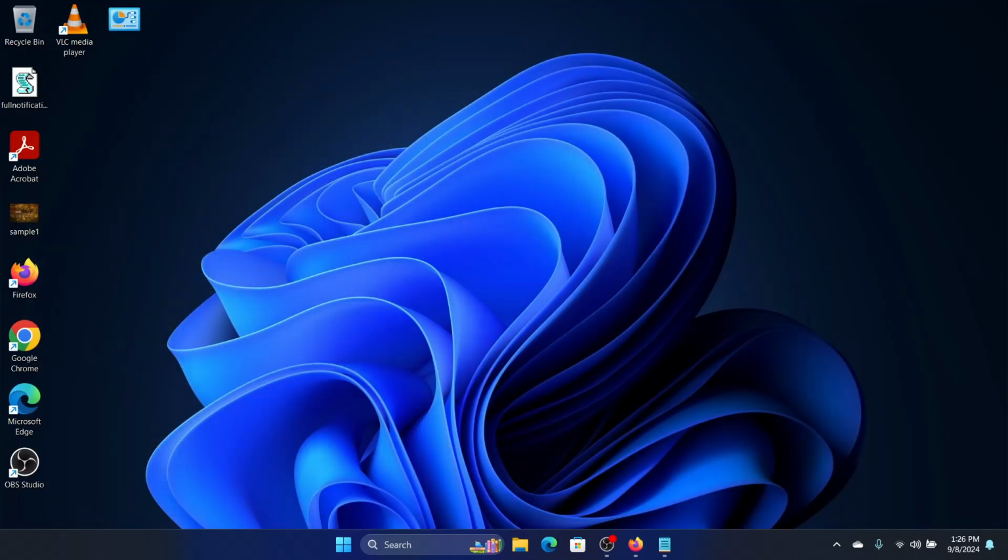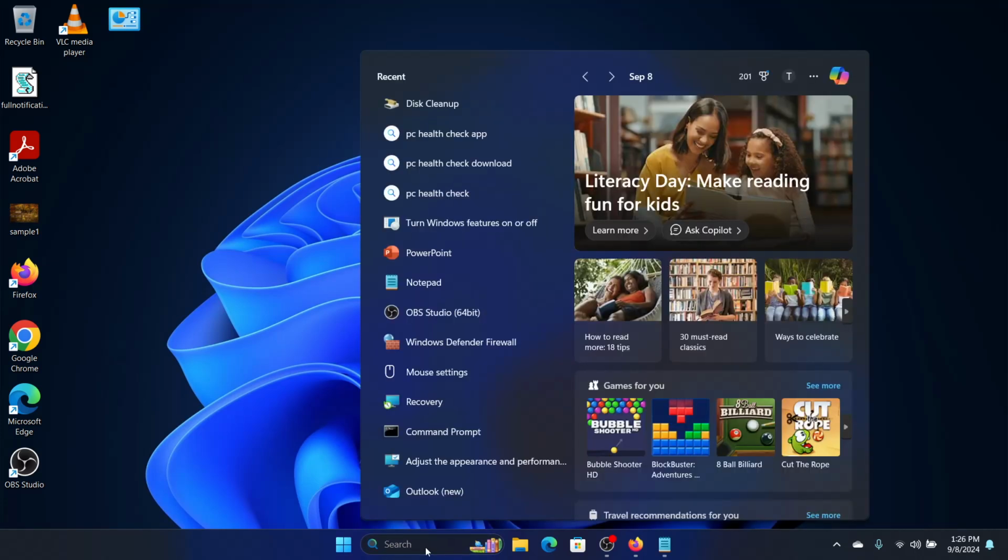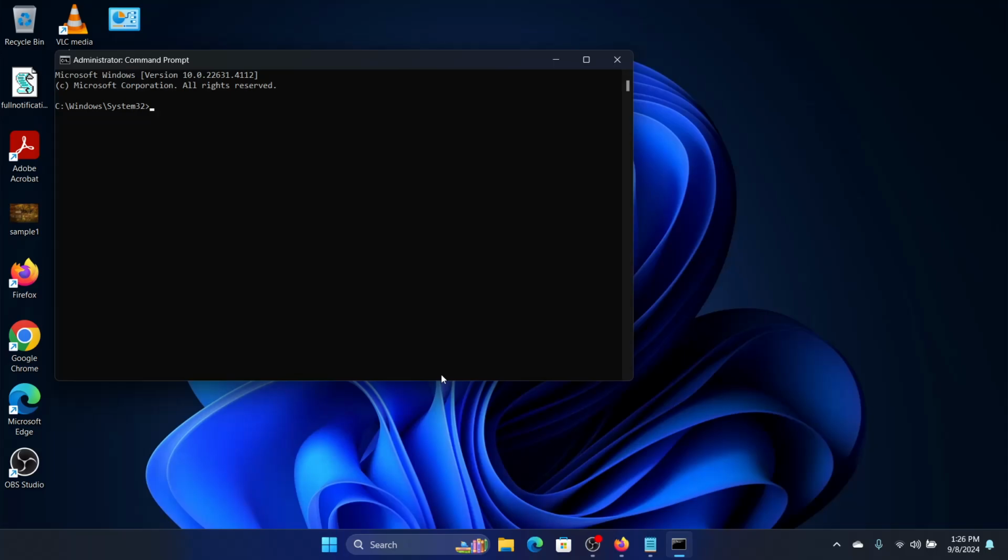99% of the time these fixes work, but if it doesn't, then we need to re-register the DLL. So for that we'll open the command prompt window, the search bar, and look for the command prompt, click on run as administrator, and then we will re-register DLL by entering the command regsvr32 space